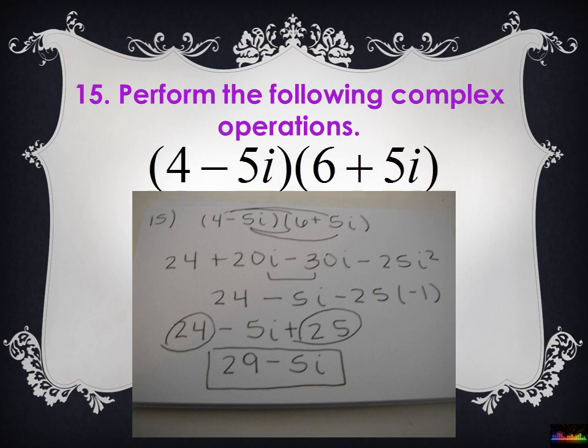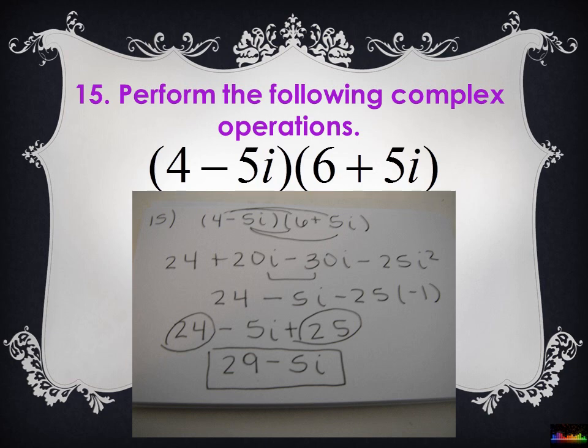This problem is 2 complex numbers multiplied together, so we will double distribute or FOIL just like we do if this was 2 binomials with variables. What you get when you do this is 4 times 6, which is 24, plus 4 times 5i, which is 20i, plus negative 5i times 6, which is negative 30i, plus negative 5i times 5i, which is